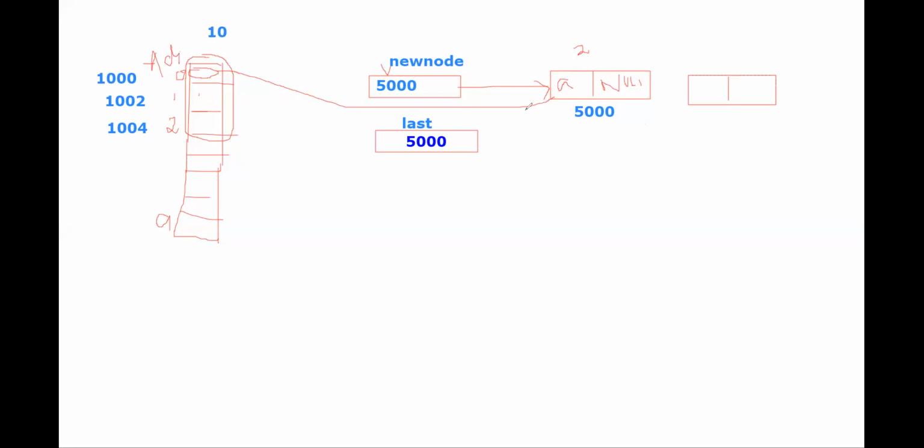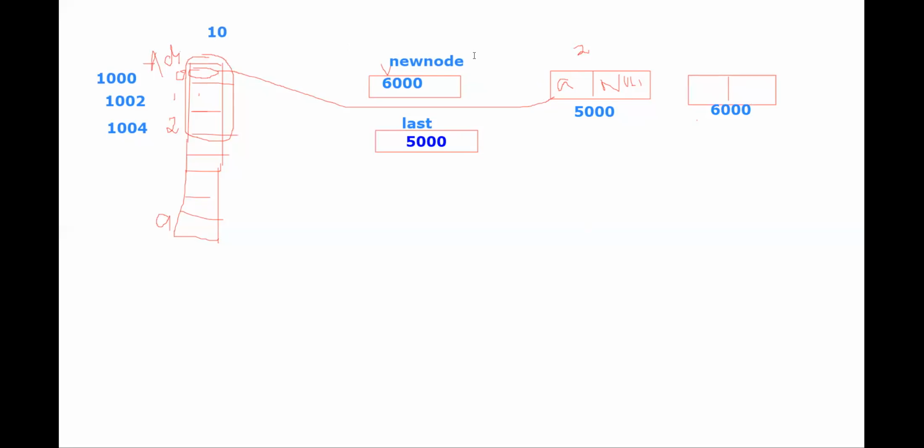Okay, it will check again the new node value. What is the value of new node now? It will be 6000. The address of the new node is 6000 and it is passed to new node. Okay, now it is pointing to...